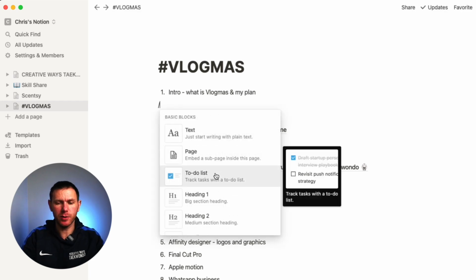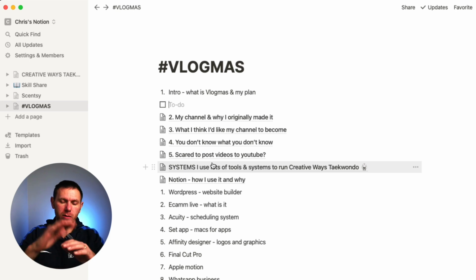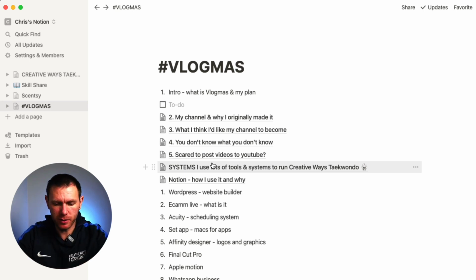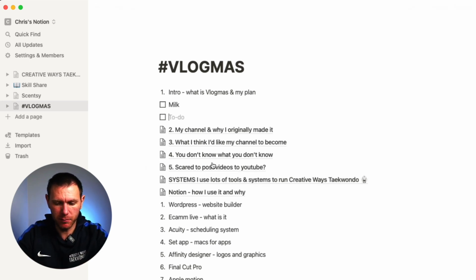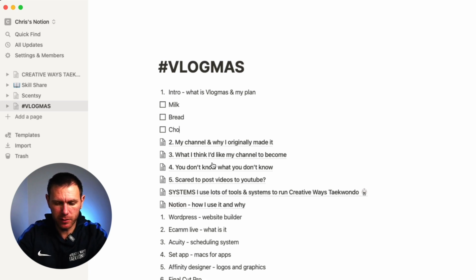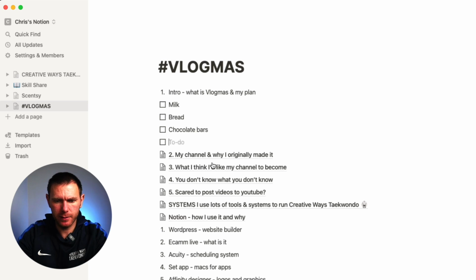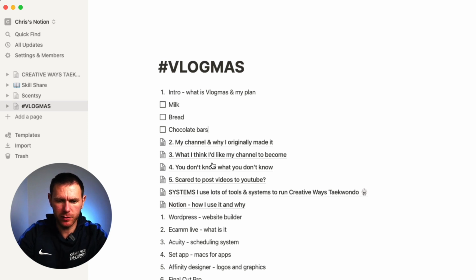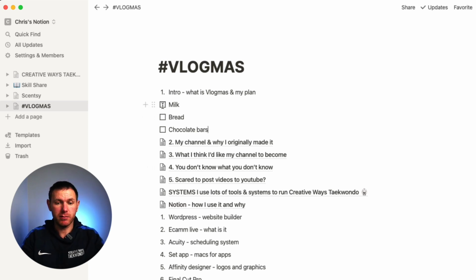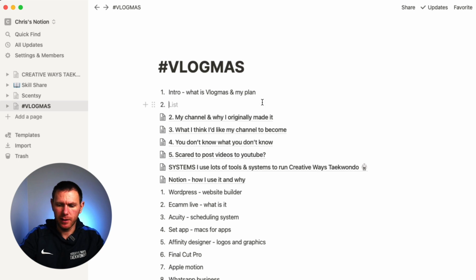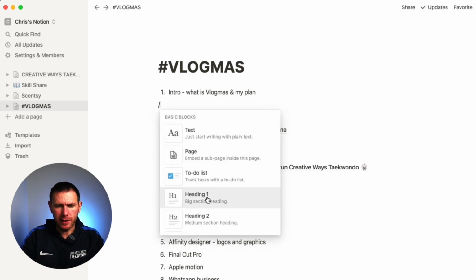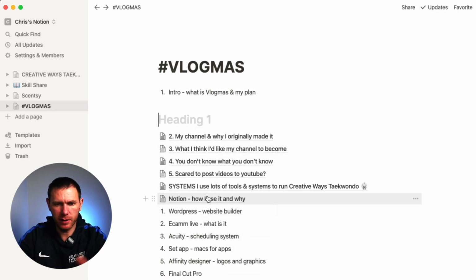A to-do list, so you can just put a to-do list inline or wherever you need to. So I can put a to-do list here, so I need to get, I don't know, milk, bread, and obviously chocolate bars, and yeah, that'll do, milk, bread and chocolate bars, perfect. Obviously just tick them as you would a normal checklist, and then highlight and delete if you're done with it, that's it. Slash again, heading, okay,